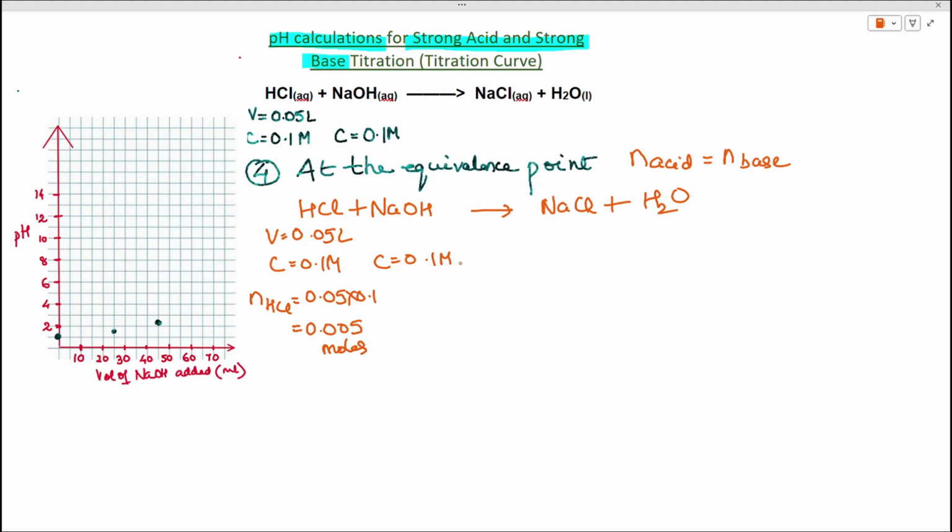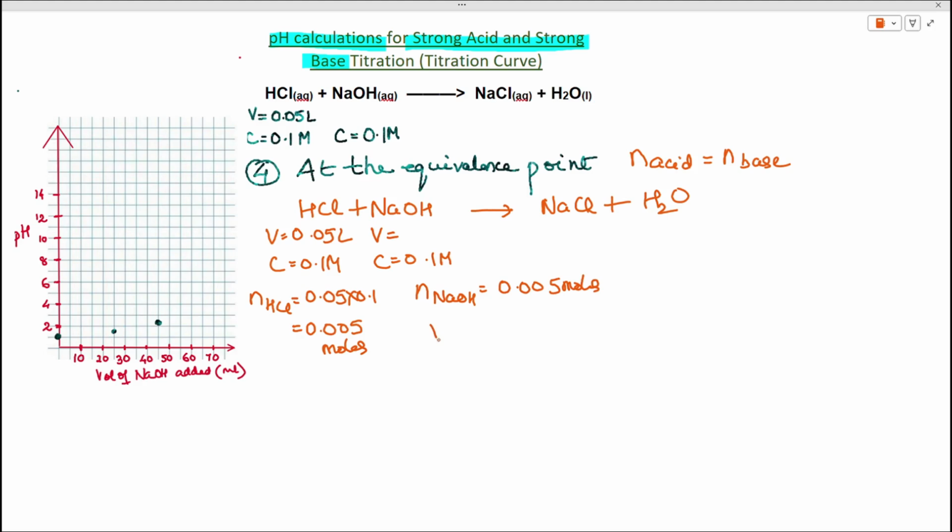So at equivalence point, the number of moles of the base also should be the same. So the number of moles of NaOH is equal to 0.005 moles,